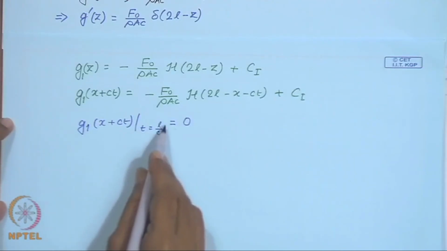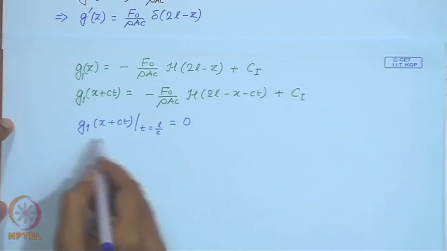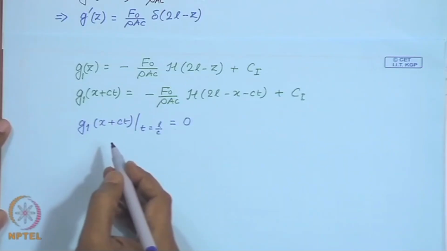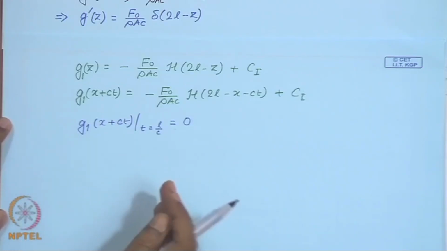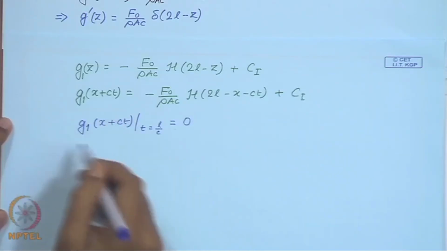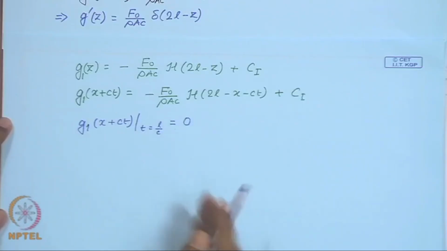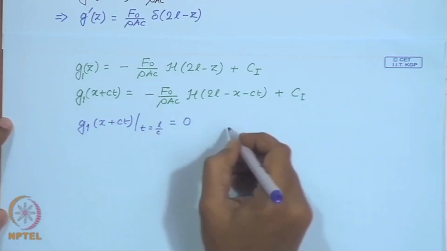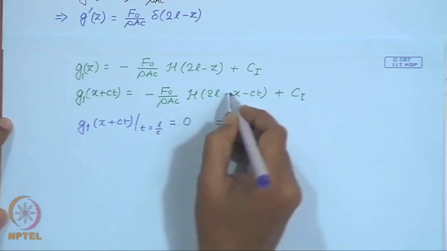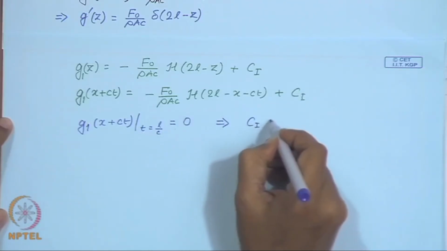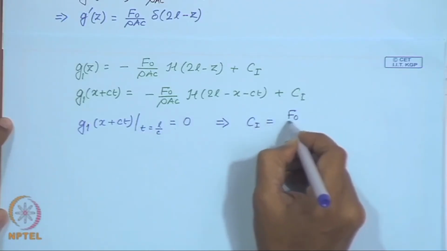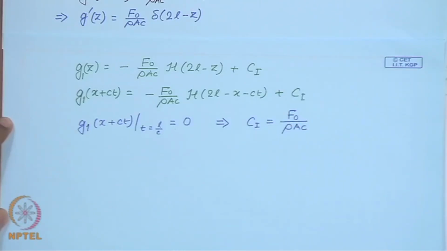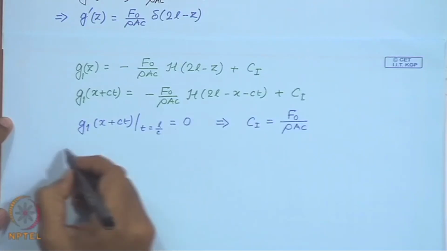Because just at the time it is L over C, this is 0, this has just been generated, or just before that it is not generated. So, it is only the left. So, the initial wave has just about reached the right boundary, and then you can substitute in this, and you can very easily see that you can solve for the integration constant, and then